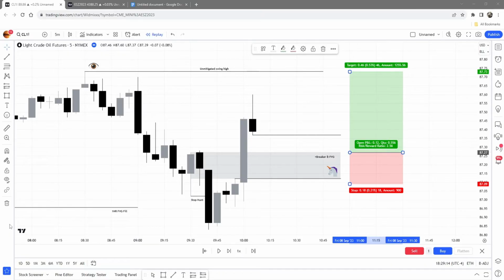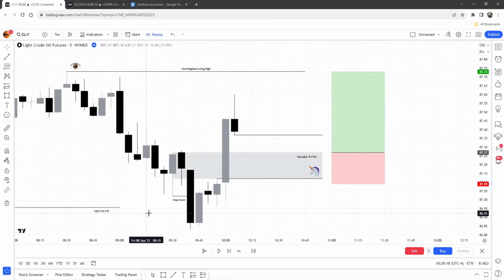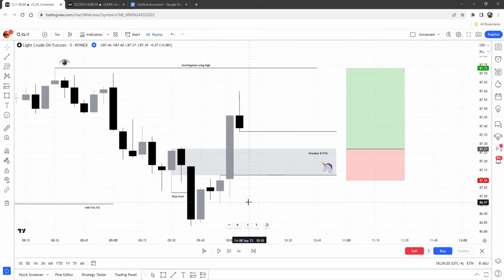Now for our model. As you can see, we have a confirmed unicorn on the screen. It is confirmed because at opening price, we had a stop hunt. The stop hunt was into a higher time frame area of liquidity. After the stop hunt, we got clear and decisive displacement. The clear and decisive displacement left an FVG aligned with the breaker block. Seeing that our model is confirmed with an unmitigated draw on liquidity, this is a position I would want to